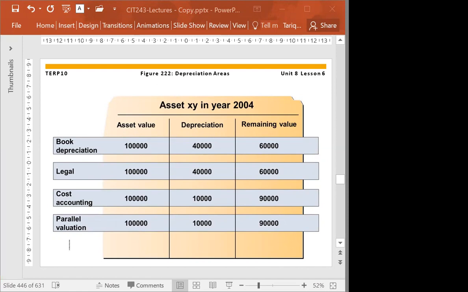So for assets, balance, and transaction, we need to evaluate differently for various purposes. For example, you can use different depreciation methods for your business and for your tax authorities. And this is legal and this is allowed. And many companies are doing this thing.